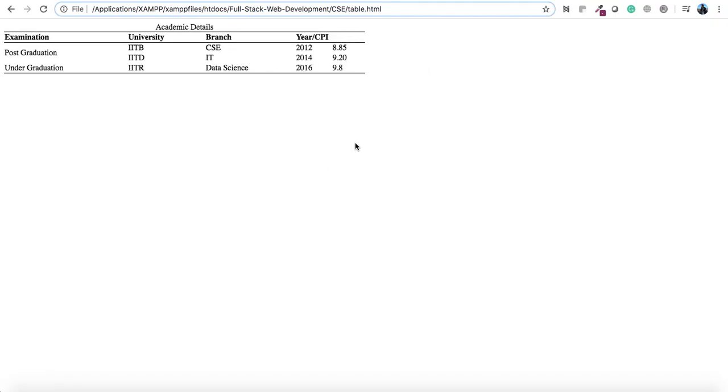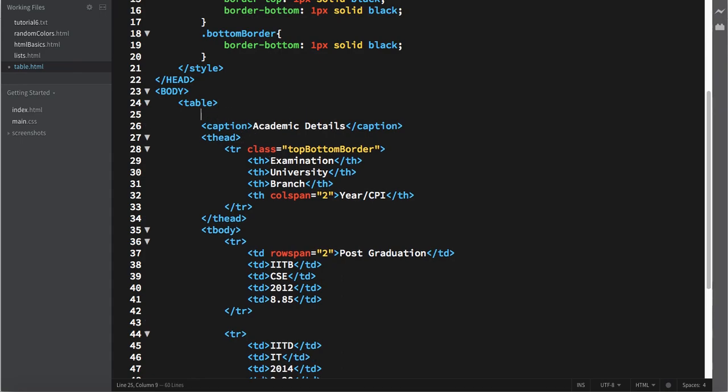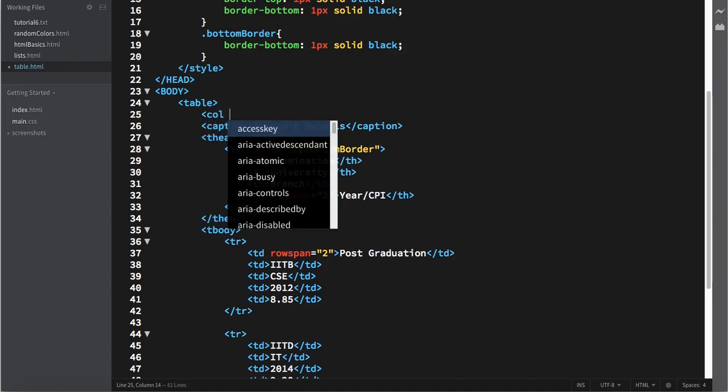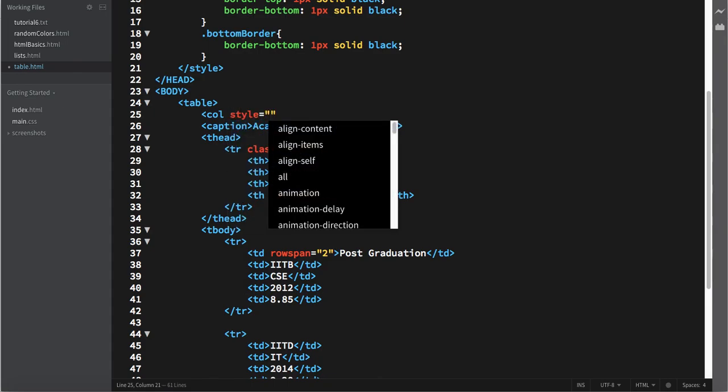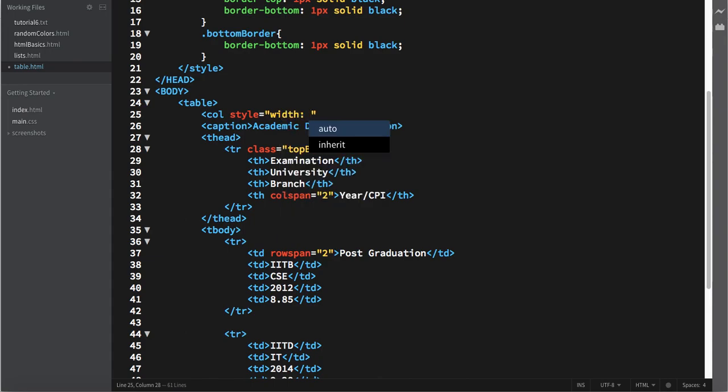And there is one more thing. Here is the table, and you can see that some columns are larger but some are smaller, but I want to make all the columns of similar width. So what I can do, there is one tag that is col, and there is some styling that I can provide to it, providing it a width. And you know that our table is of 100% width. I have already assigned it above.